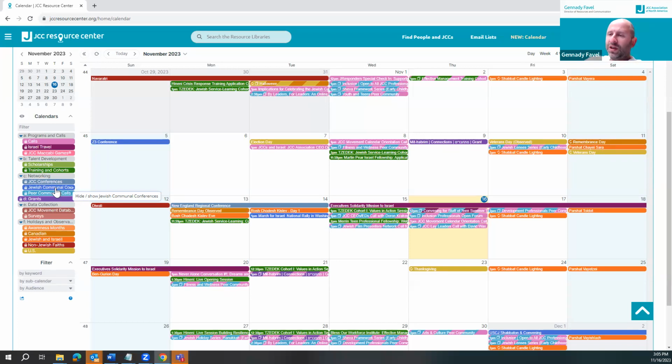These are here both for informational purposes in case a staff person would like to sign up, but also for scheduling purposes. So if you're planning, let's say, a program for your early childhood staff, and there's a PJ Library conference, which many of them will attend, you might want to avoid planning it during that conference.